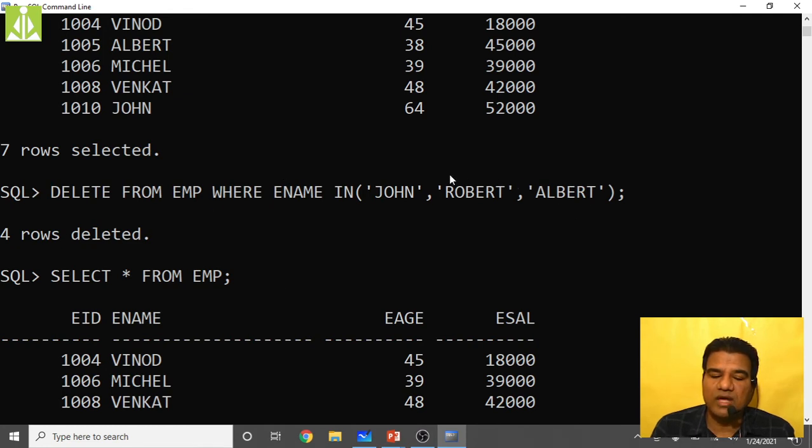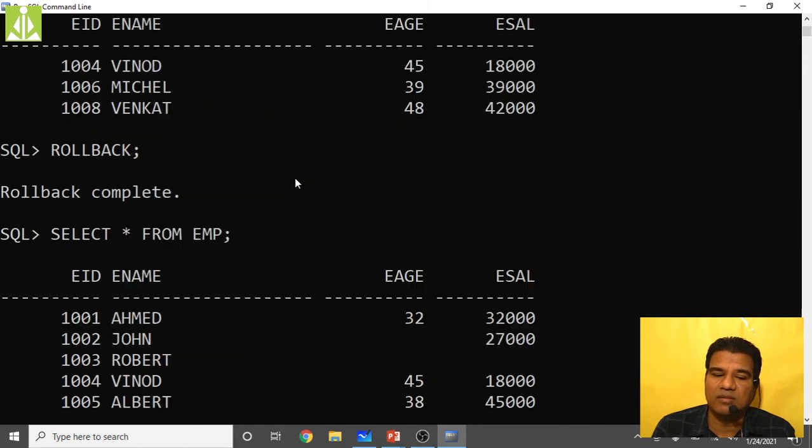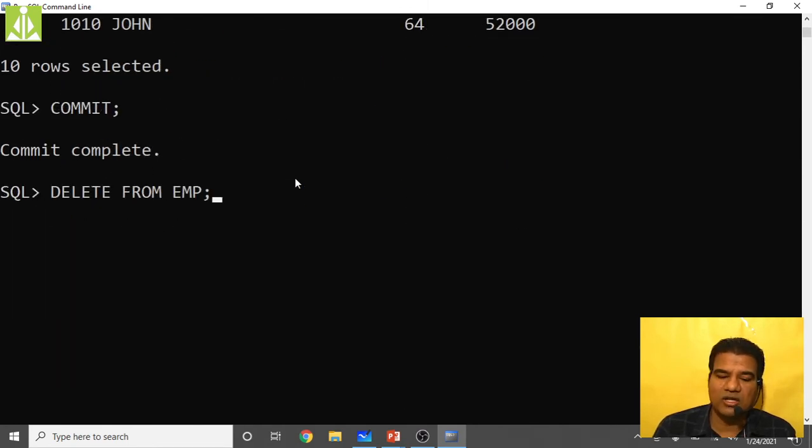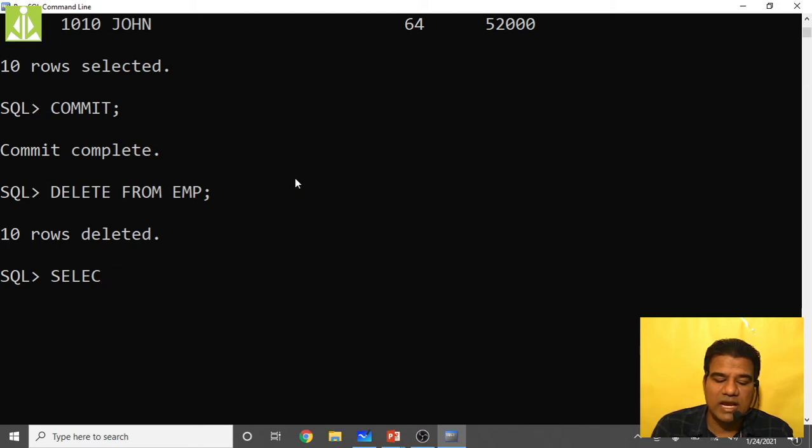If you don't put the where clause, what will happen? It will simply delete the entire rows, because you are not doing any row specification. If you're not specifying rows, it will consider the complete table, I mean all the rows present inside your table. So it will delete all the rows. See, all 10 rows got deleted. And now I'm typing select star from, once again, to check the content of my table.